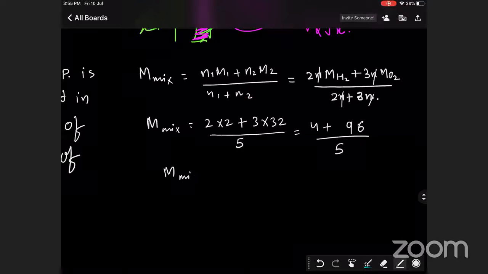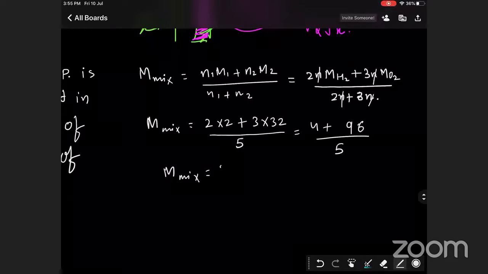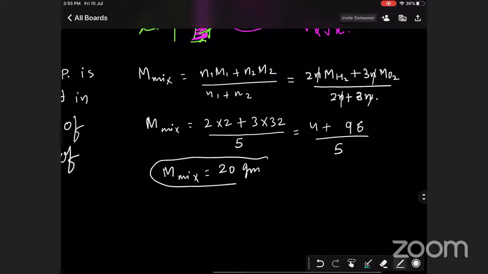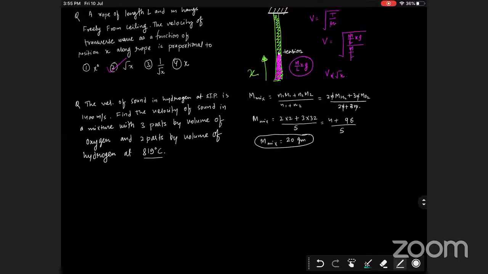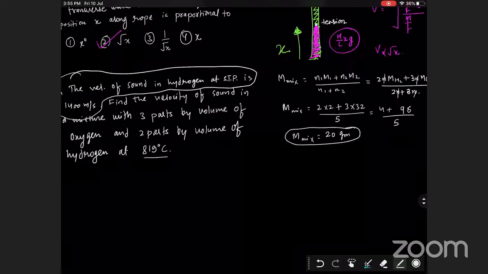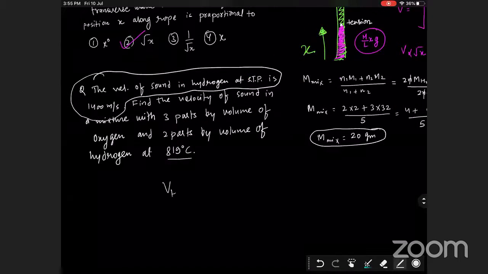So the molecular mass of the mixture we got is 20 gram, right? Okay, now let's read the question again. The velocity of sound in hydrogen at STP. I don't know why they are giving this, maybe they want some calculation help. Okay, let's do it. Velocity in hydrogen gas is under root